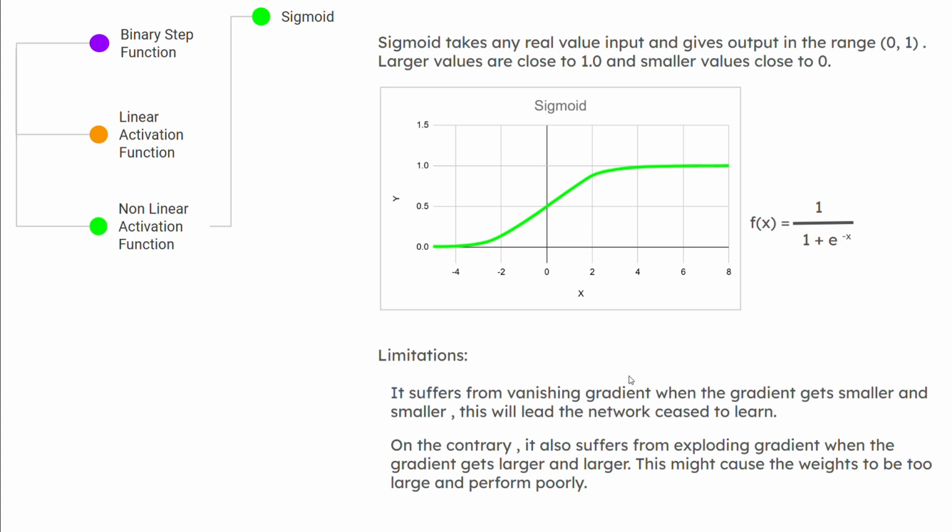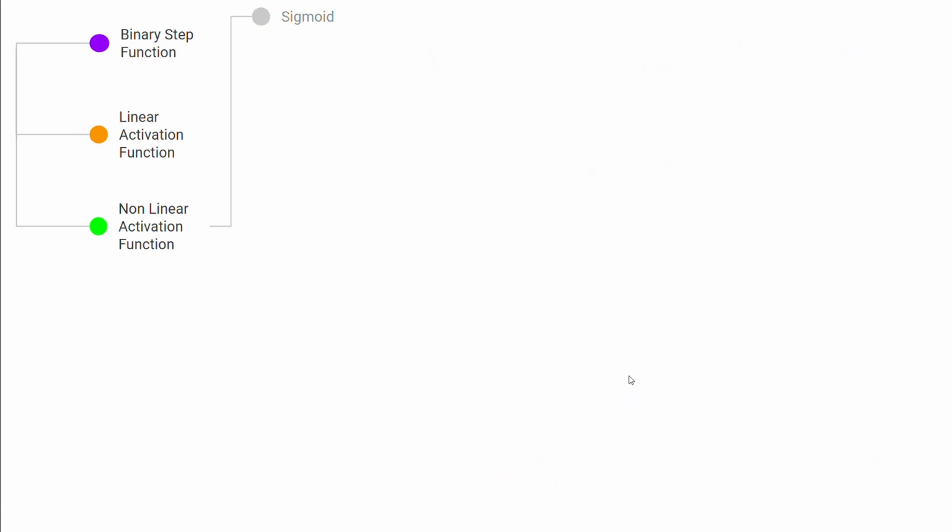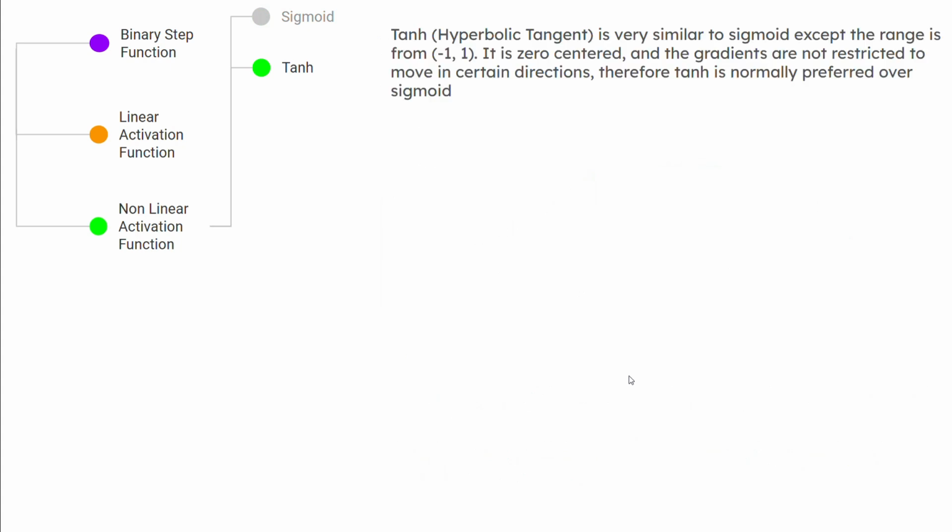So after this, the next is tanh. Tanh is also called hyperbolic tangent. It's very similar to the sigmoid function. In the sigmoid, the values range from 0 to 1, whereas in tanh it ranges from -1 to 1, and it is zero centered. Zero centered means it will pass through the zero value,